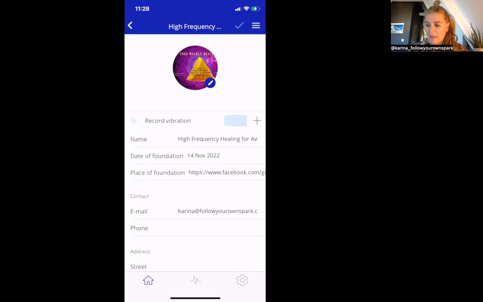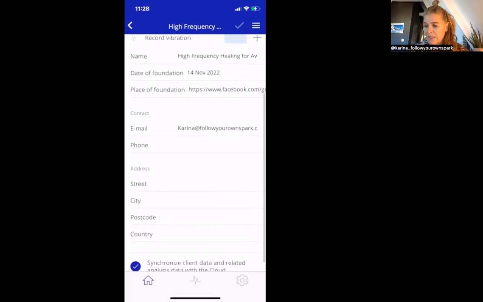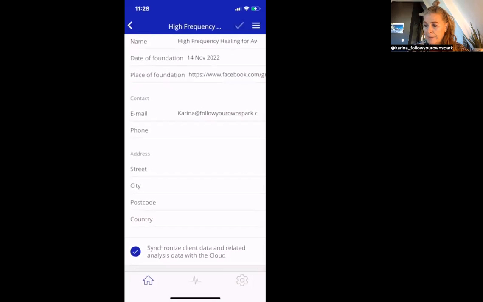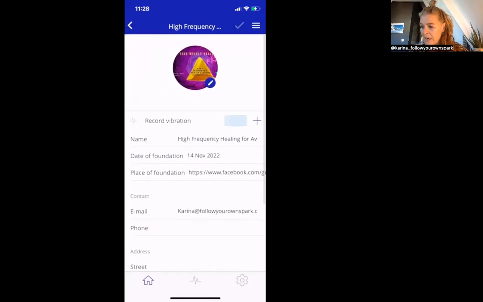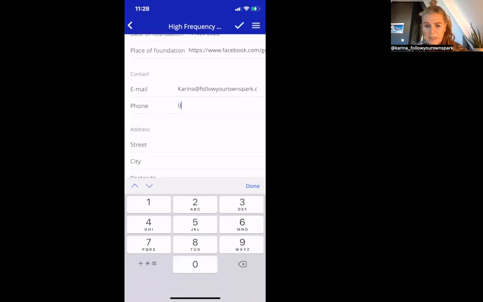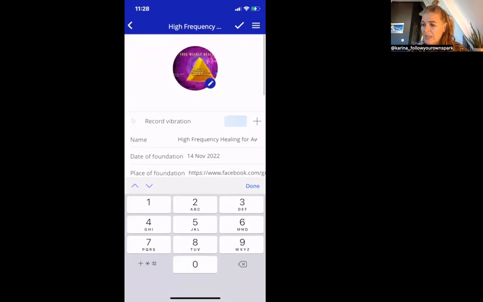And then the contact, that is me. So I have my email address. And then I have this information here. I don't need a phone number, things like that. What I will do is record the vibration, what you see on the top here, record the vibration of the